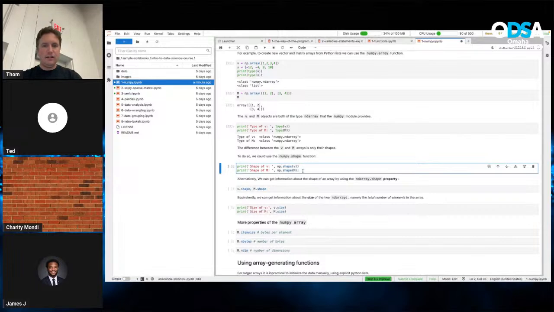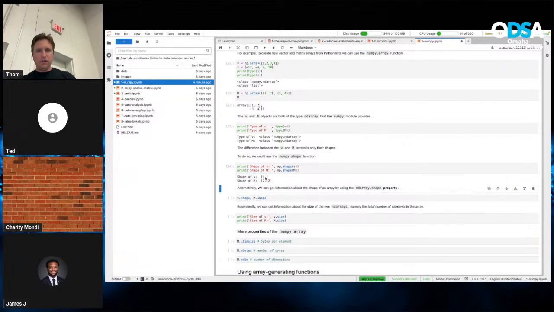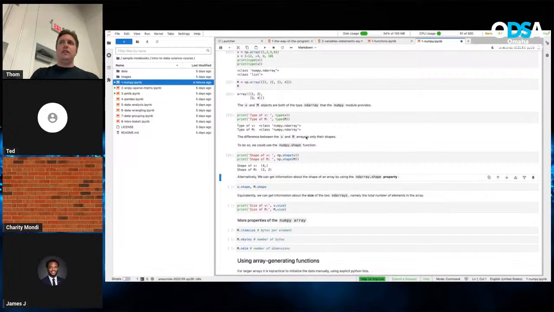So let's see. There we go. We see the shape of V, which we defined up here, was just an array. It's just 4, and that's it. And then we look at our M, which we said we have that comma here, so we're saying take these 2, comma, we're moving the other ones down, and now we've got a 2 by 2 square of our numbers. And so this is the intuition to understanding tabular data, that grid-like stuff, and understanding what if I wrote,